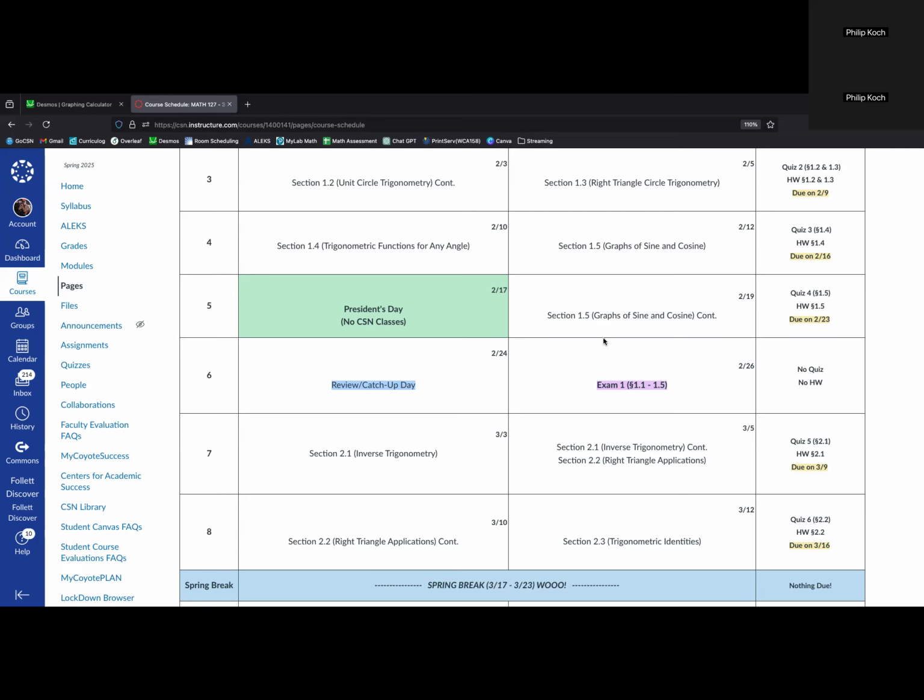Is it enough? I'd say it's very rare in my experience that a person does the review and says, no, I got it, it's on lockdown. Usually when I do a review, I find the part where I'm a little rusty and brush up on that. It's a good means of study, but it's always a good idea to check over your homework, your exam, your quizzes, and your notes. But you can always look up more practice problems online as well.